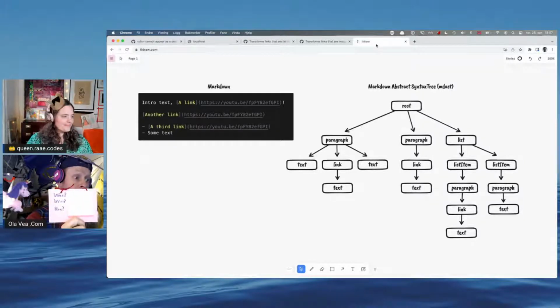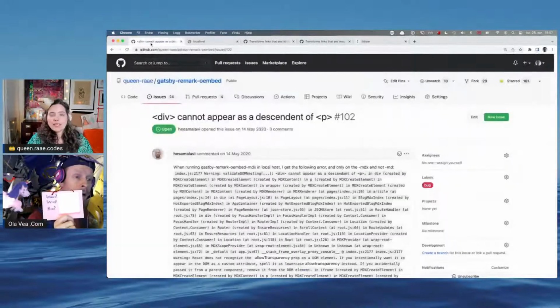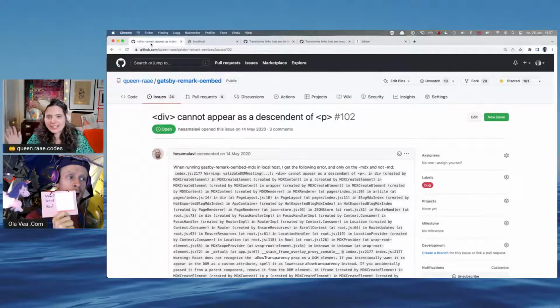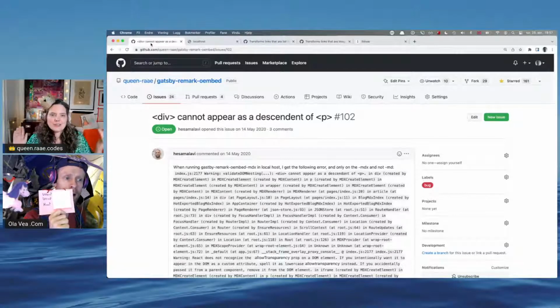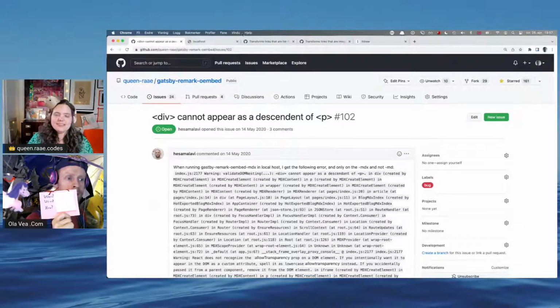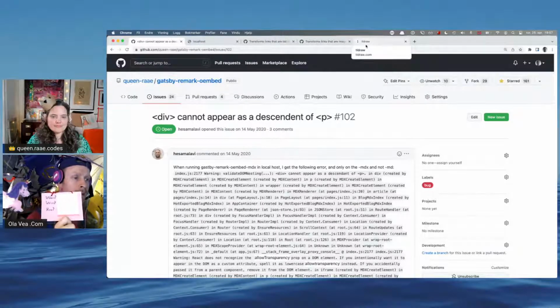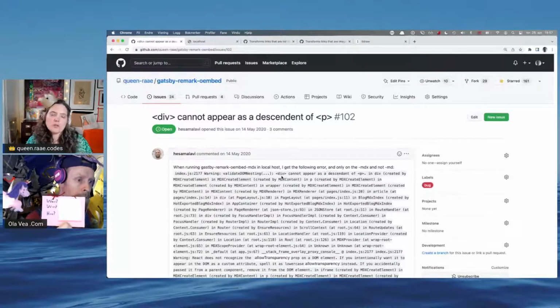Because we don't want to have a buggy plugin that spits out wrong HTML. So he wanted to do something here and it didn't work. He got this error message in the browser that says that a div cannot appear as a descendant of P. So a paragraph HTML element is not supposed to have a div as its child.